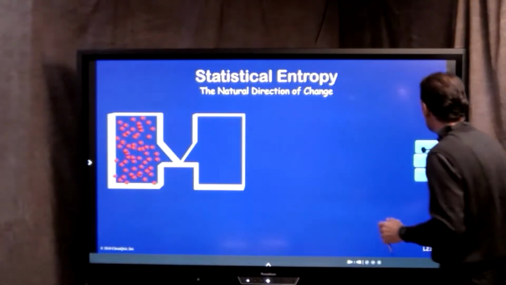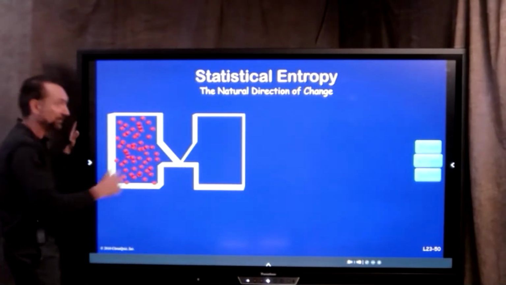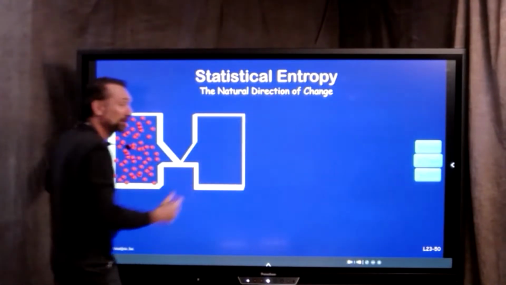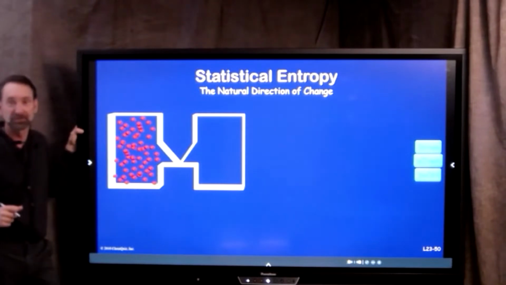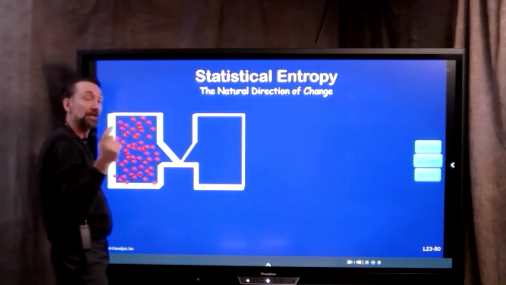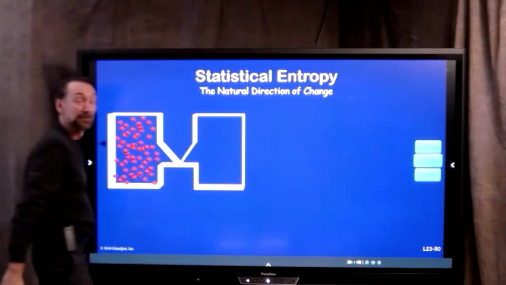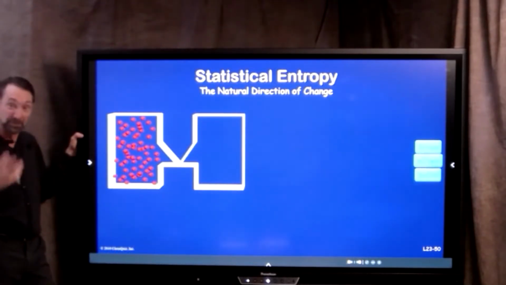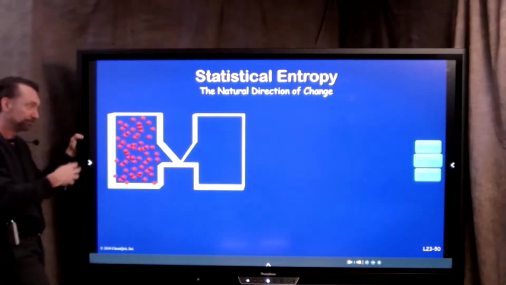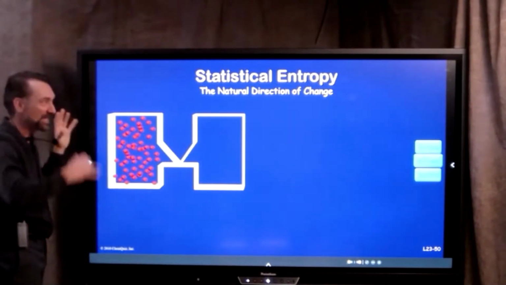And so how does that work? And this is counterintuitive to start with as well. So what is the natural direction of change? Both of those were the natural direction of change, but one was exothermic, released energy, and one is endothermic, it absorbed energy. Why did both of them just go? Well, it has to do, in a sense, with the arrangement of the particles, the energy space available to the